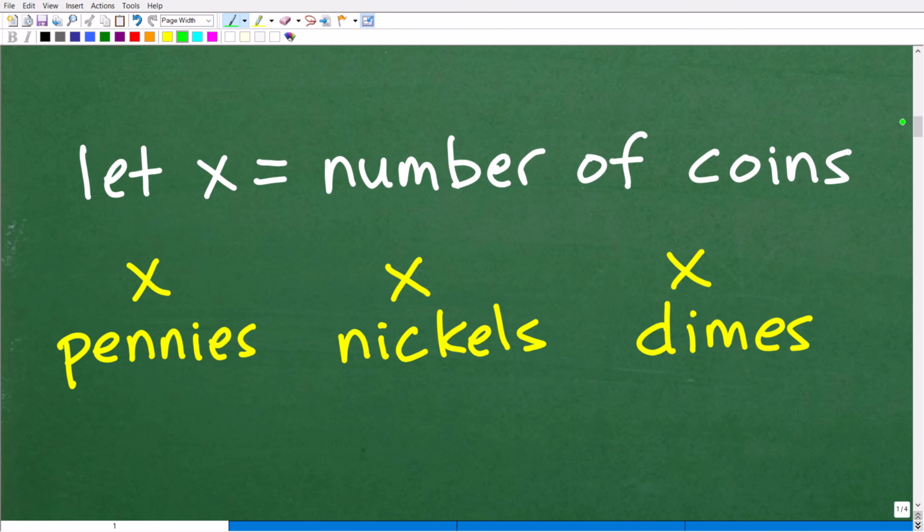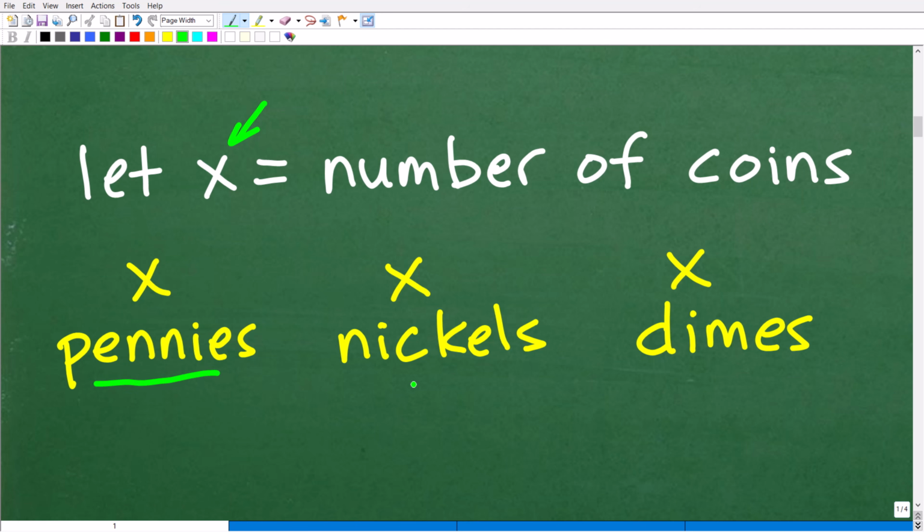That's the great thing about math, so don't think that the way you're viewing the problem is incorrect. As long as you're accurate and you understand what's going on and it works for you, that's perfectly fine. But for me, I'm going to say to myself, okay, we're looking for the same amount of coins. It could be 5 coins, 10 coins, but whatever that amount of coins is, he's going to have an